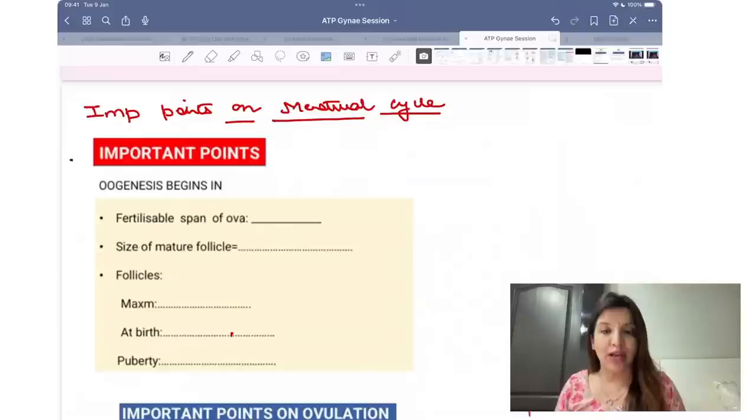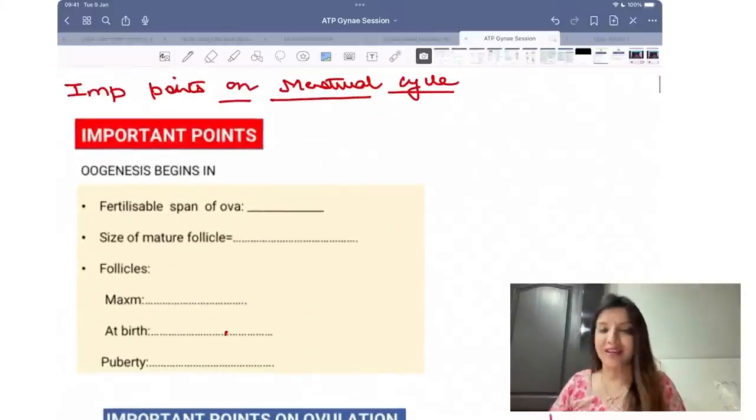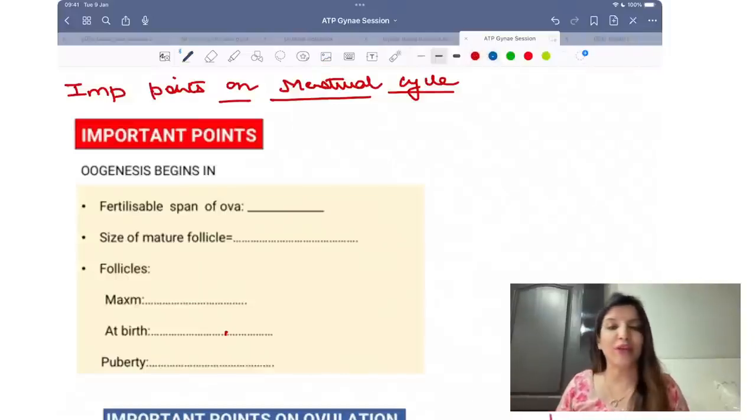When we are talking about gynae, the first important thing which you have to revise is the hormones and the menstrual cycle part of it. In your FMG exam, sometimes they ask you direct questions on the menstrual cycle, and I'm going to revise only that much what is required at this point of time. But it is going to take some time. So coming to important points on menstrual cycle.